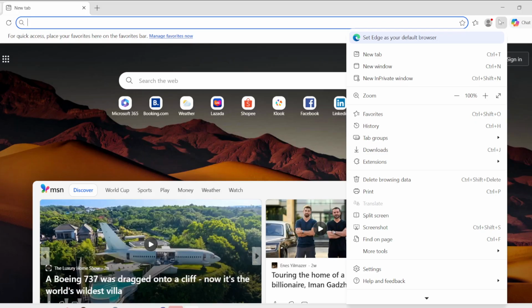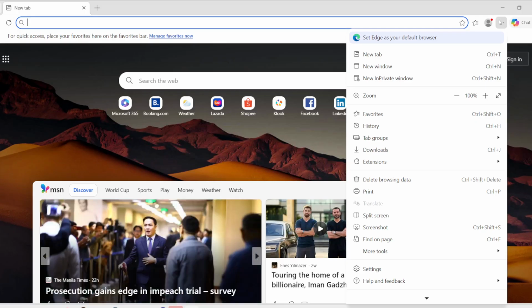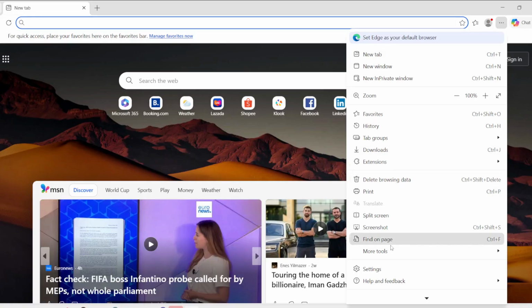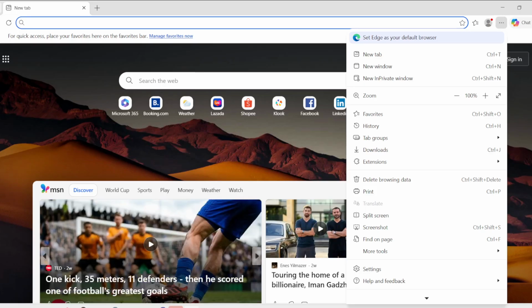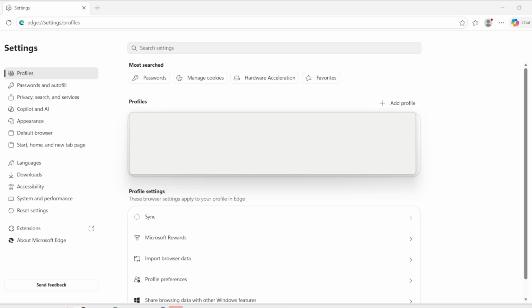Make sure to look for the right option as you will need to select the settings from this menu in the next step. From there, select Settings from the drop-down menu. The Settings panel will open and you'll see various categories related to your browser's functionality. This part is significant because it allows you to customize how Edge operates according to your preferences. Take a moment to scan through the available options. This will prepare you for what you can modify later on.